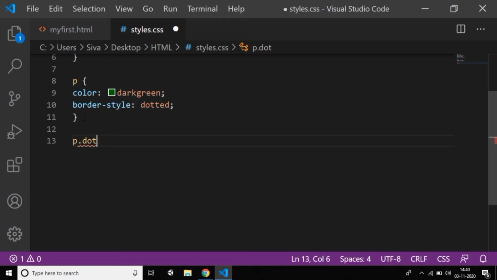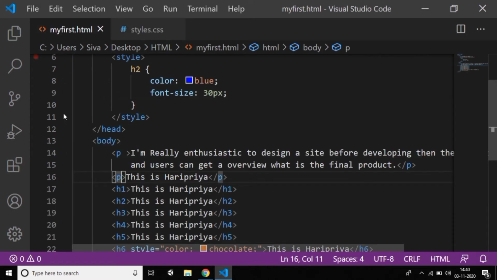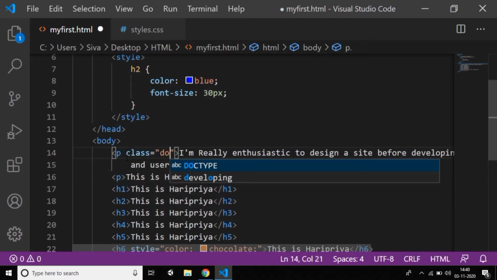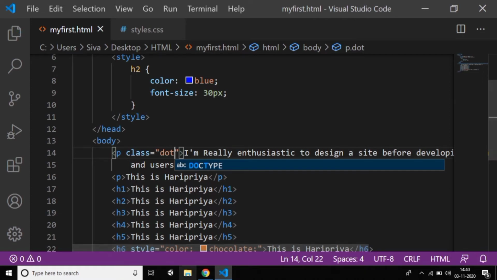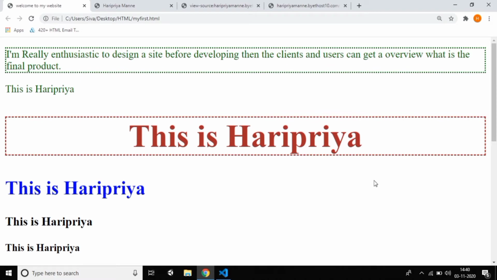Now give the border style as dotted. Then Ctrl+S, and apply the same class here: class equal to dot, because I gave only dot. Ctrl+S and reload, and you got this one as dotted.